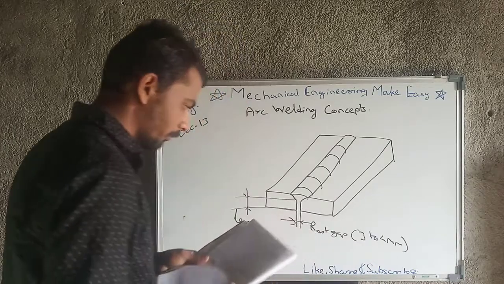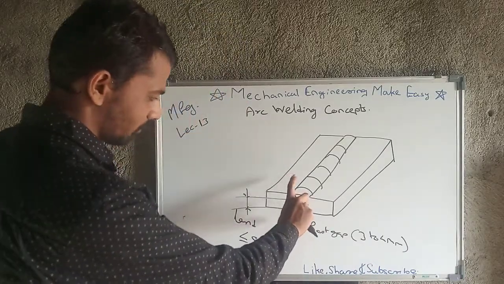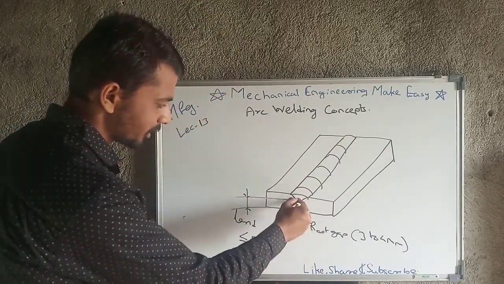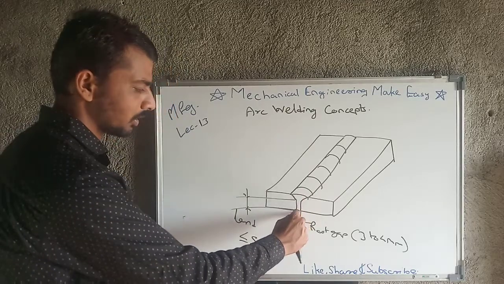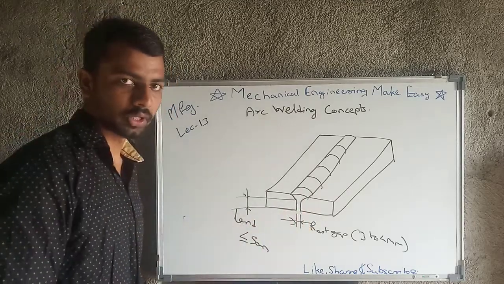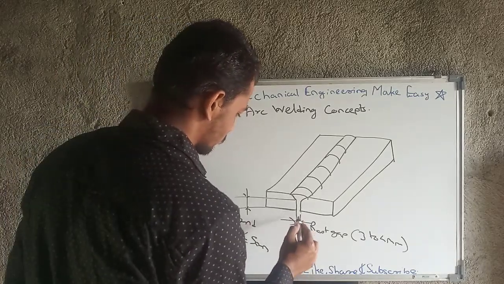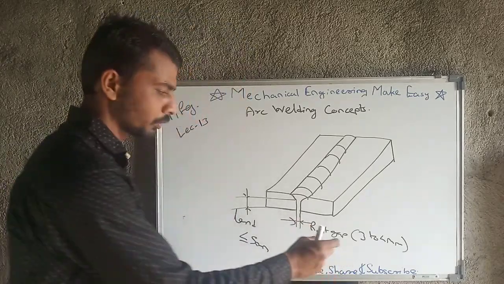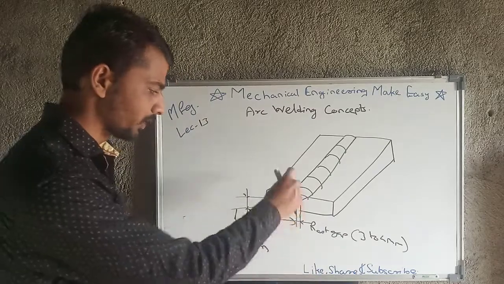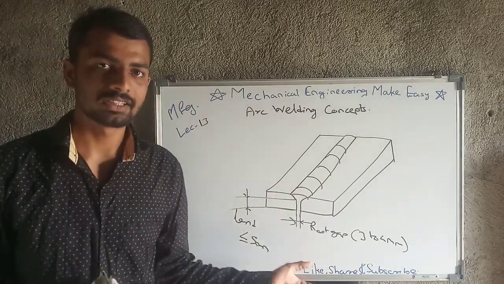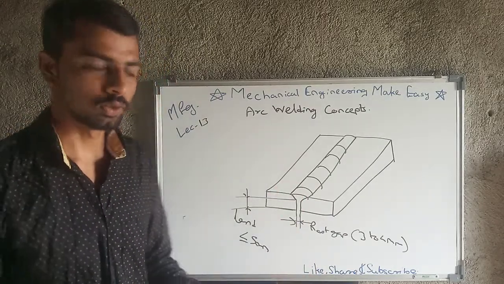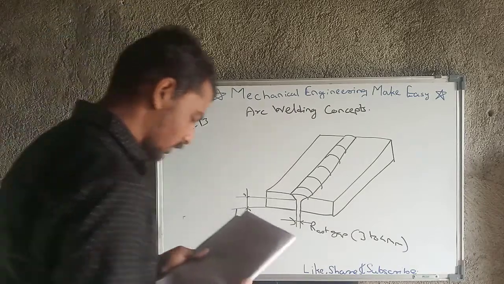Okay, because what will happen, if this height will increase, then ultimately there may be chances that the welding will not happen up to the bottom. Okay, that's why that height and root gap are too much important parameters. And if we are going to increase root gap for proper welding or etc., then ultimately the joint strength will decrease. Okay, so these are some parameters.